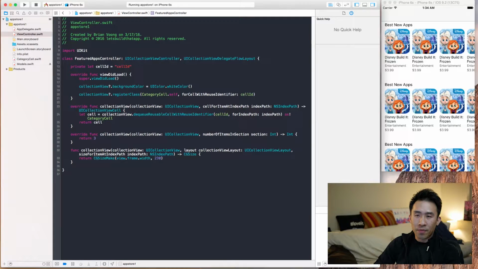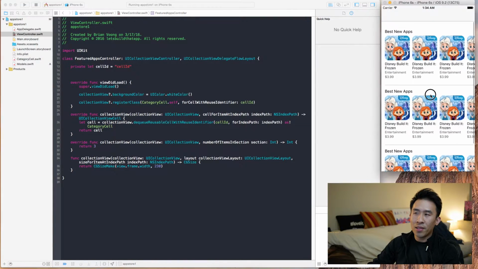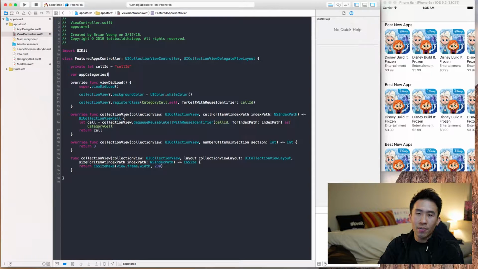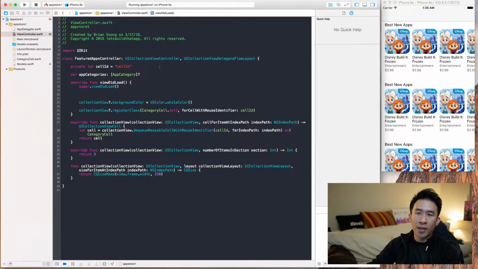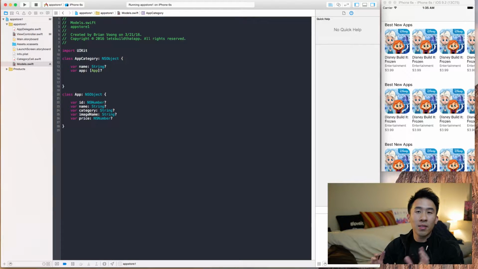And let's just say this. We want to create a way to power this collection view by the number of categories. So a quick way of saying that is to establish an array called app categories, like this, and use an optional there. And we want to specify what this category is, or what this array will contain. And I'm going to do that very, very casually here. Typically, you won't see this type of logic, but just to illustrate my point,